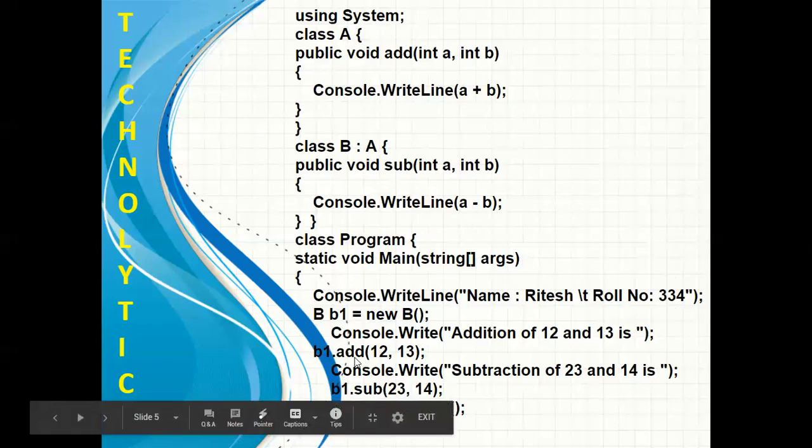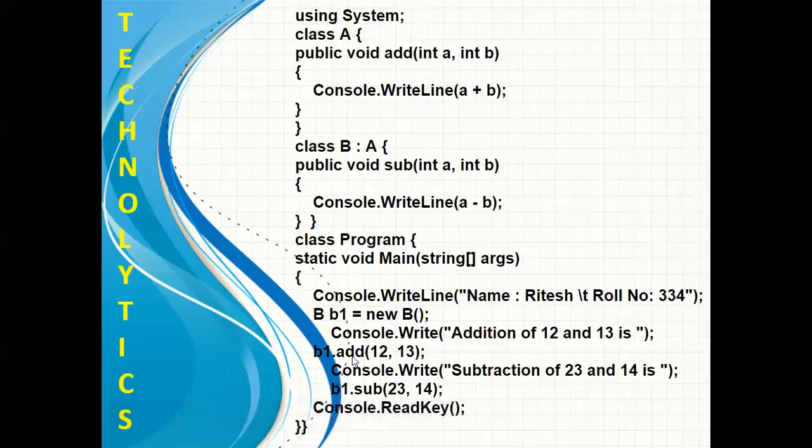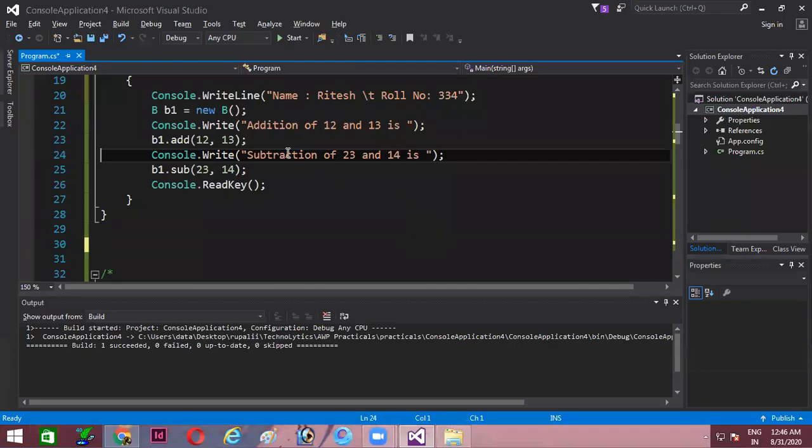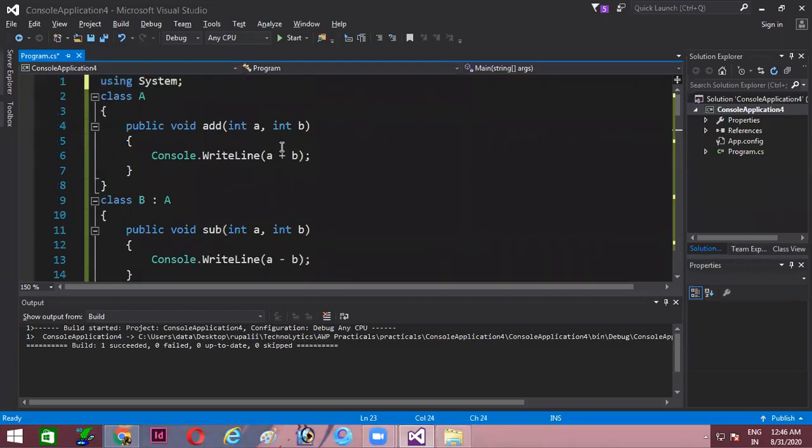Here we are calling the add function and here we are calling the subtract function. Subtract we can easily call because it is defined in class B, but the main thing is that we could call the add method which was defined in class A. Due to single inheritance, it is possible to call this add function from the object of class B. Let's run this program from Visual Studio and find out the output.